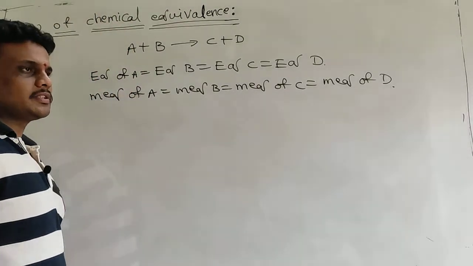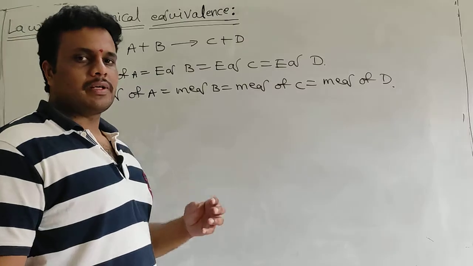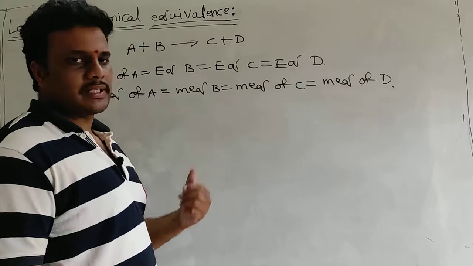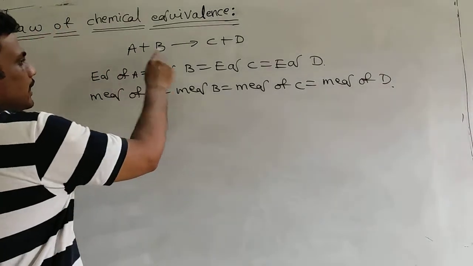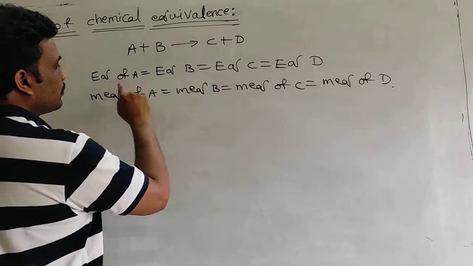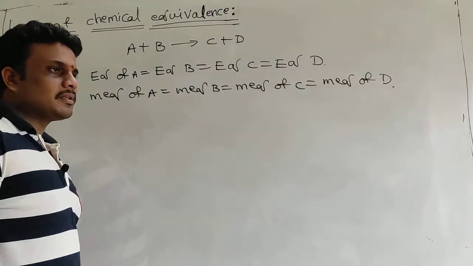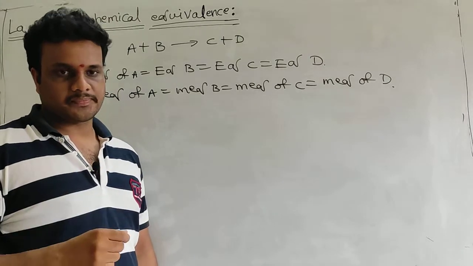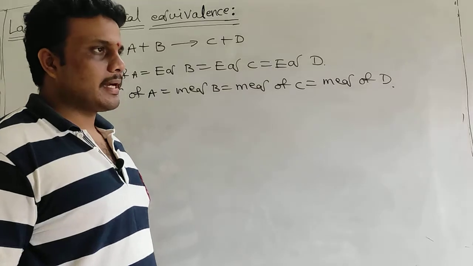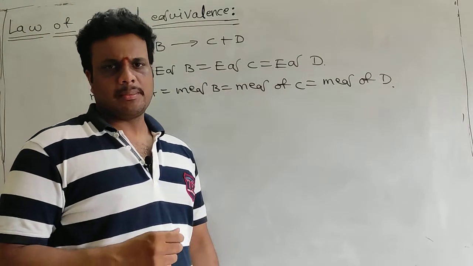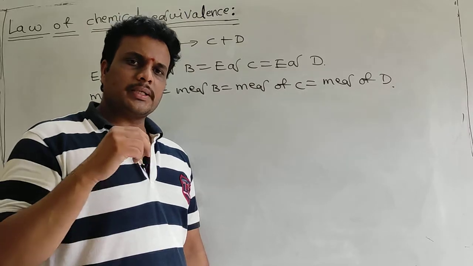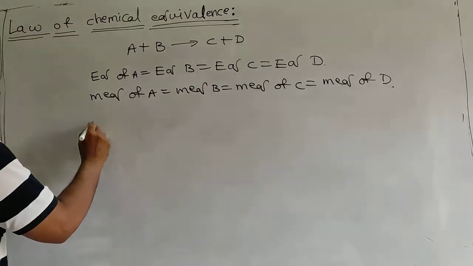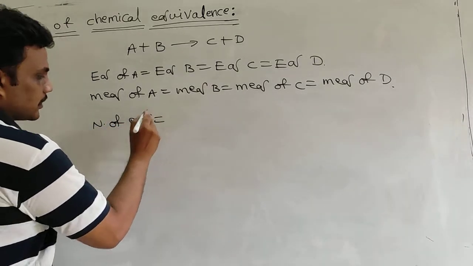So generally students get confused while solving questions. Generally they know the equivalents of reactant must be equal to the equivalents of C. Suppose you are asked the relation between A and C, then we can say equivalents of A must be equal to equivalents of C. But where do they get confused? Generally they get confused from the given information, because number of equivalents has many formulas, many relations. So on the basis of given information, you have to choose the correct relation.